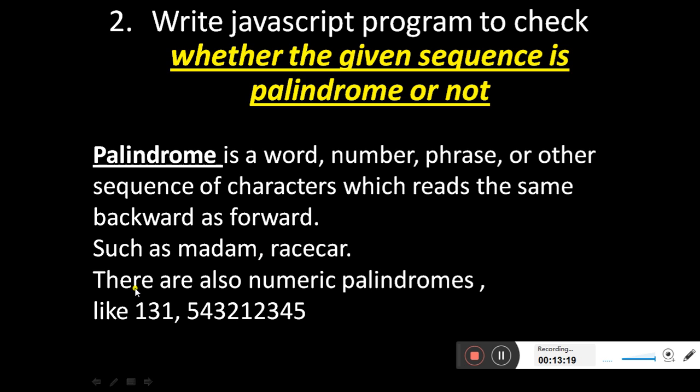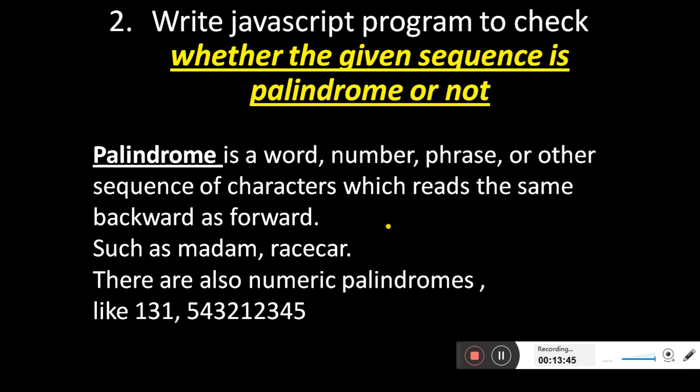Then there are also numeric palindromes like 131. If you read it, 131 from here and 131 from here also. 54321 2345, these are palindrome numbers too. So what is a palindrome?